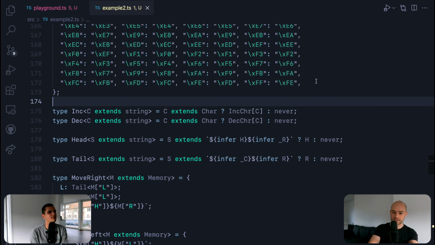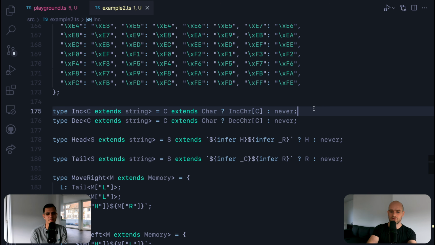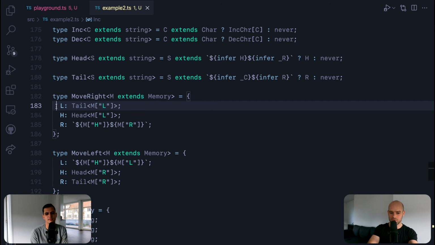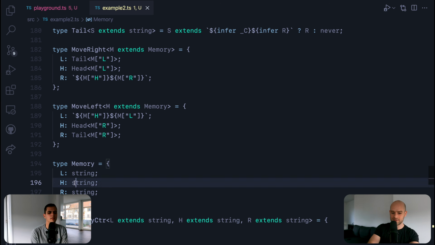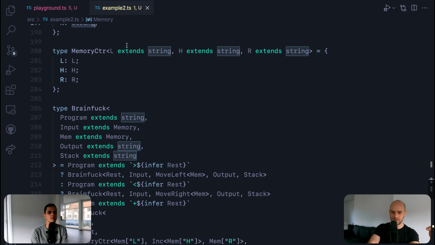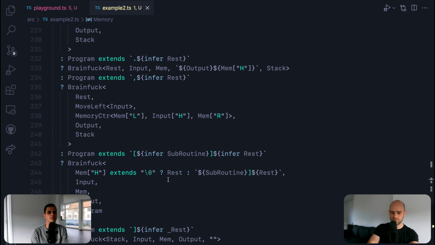But then another interesting idea that I found in this code base is the way to do the write into memory. The memory is a structure where you have the left, the head, and the right part. And then you do a move left, move right using tail and head. Instead of doing the crazy copy of everything, you simply move things around like this. And it works pretty well. So memory is just left part, head, right part. And I re-implemented the Brainf compiler using this method.